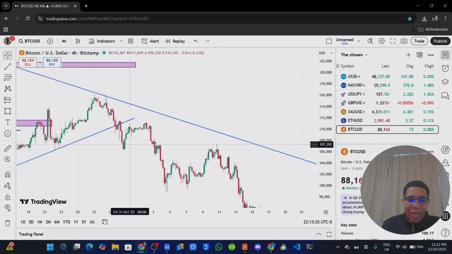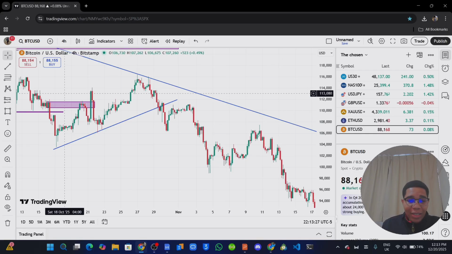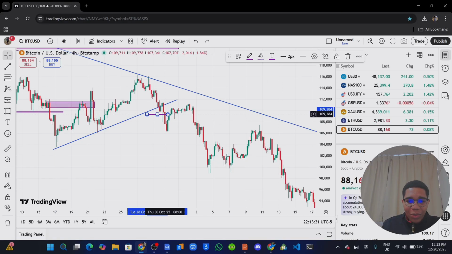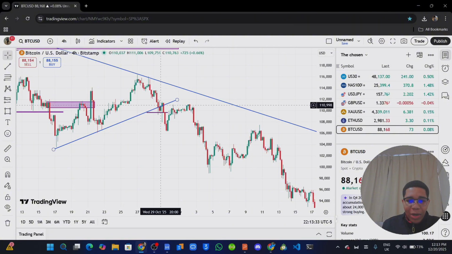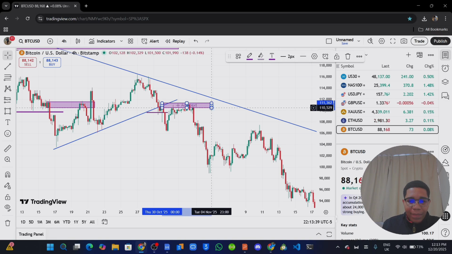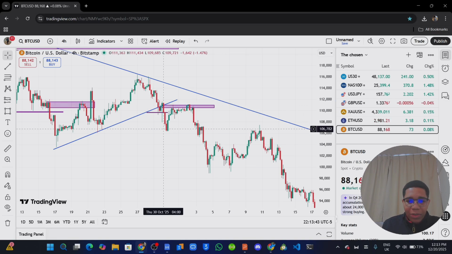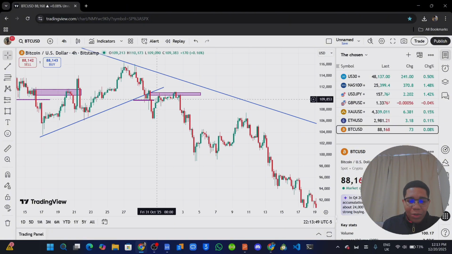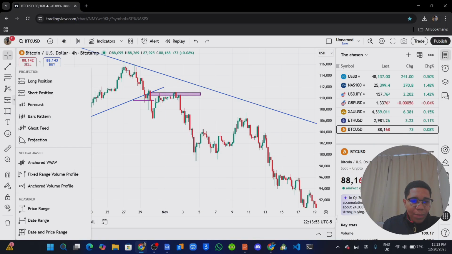You can see how we can use this, because we're having price breaking this structure, this small structure over here, and we're having price leaving this order block. So we take the head of this order block like this, the body of this order block like this, and wait for price to come back to retest that order block and also this trend line, and then continue going bearish. So you'd enter your trade around here, going short as well,